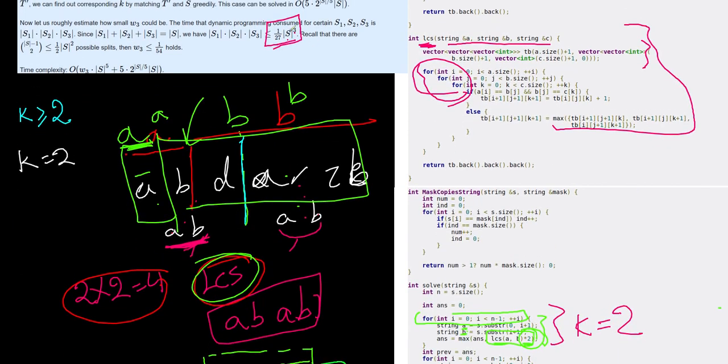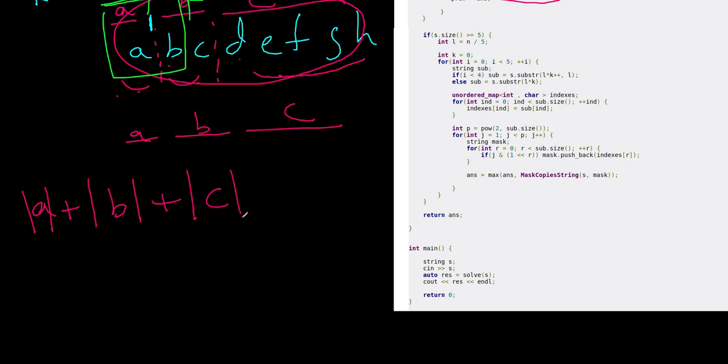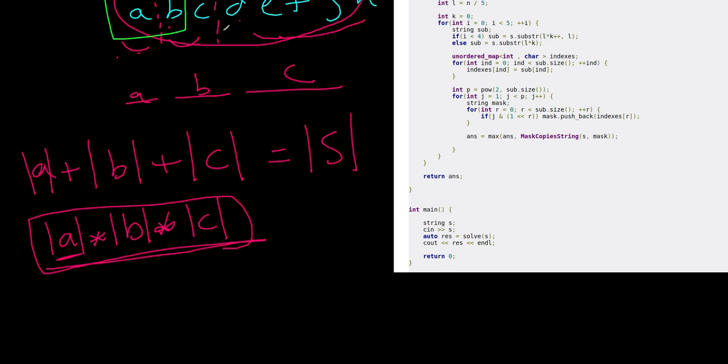So why is that? Because as we know, when we split the string into three parts, part A, part B, part C, the length of A plus the length of B plus the length of C equals the length of the whole string S, and the dynamic programming code will cost the length of A multiplied by the length of B multiplied by the length of C. These are the three for loops,